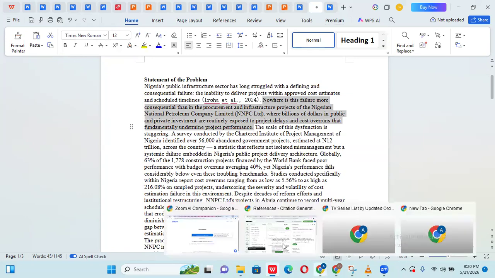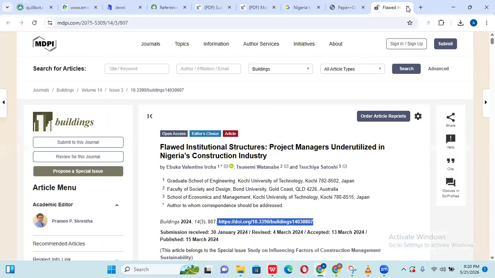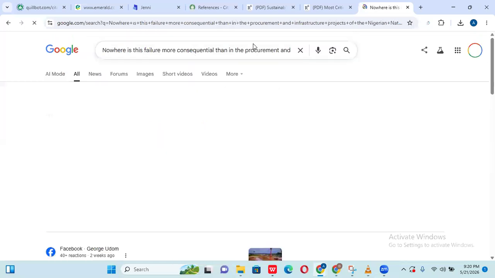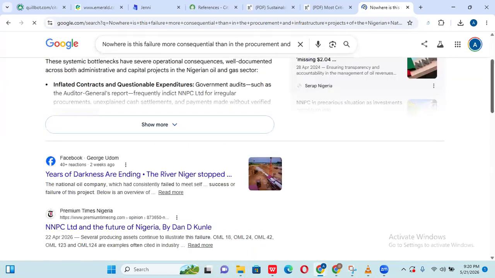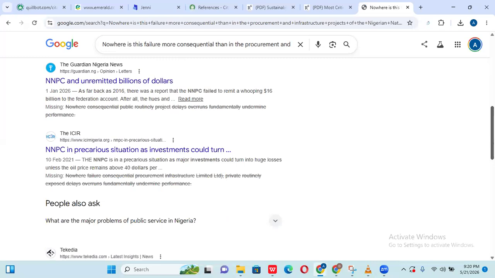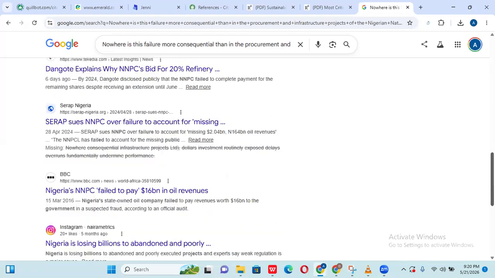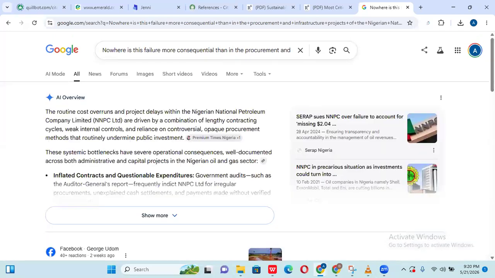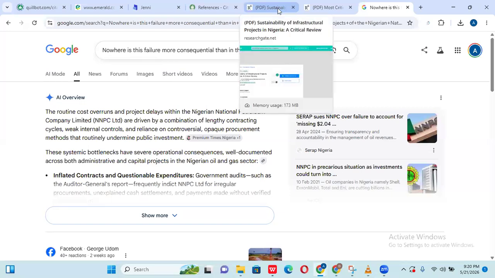You go to Google. You can delete all this. Okay, so look for the most related journal. Okay, I can't find any journal for this. So when you have things like this that you can't find journal for, that's when you are going to need the AI. We are going to use AI to help you out. Are you with me? But if you stay online very well and you search enough, you're able to get journals that's related to it, and then you can reference it to